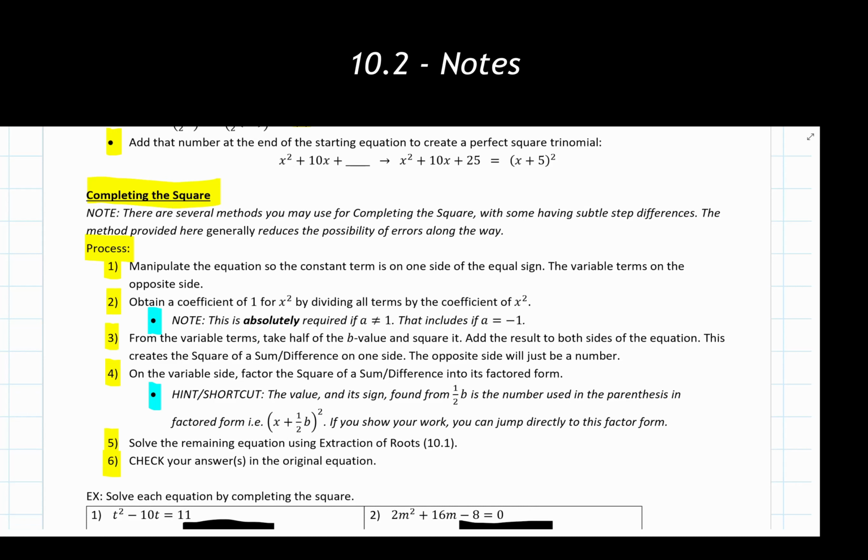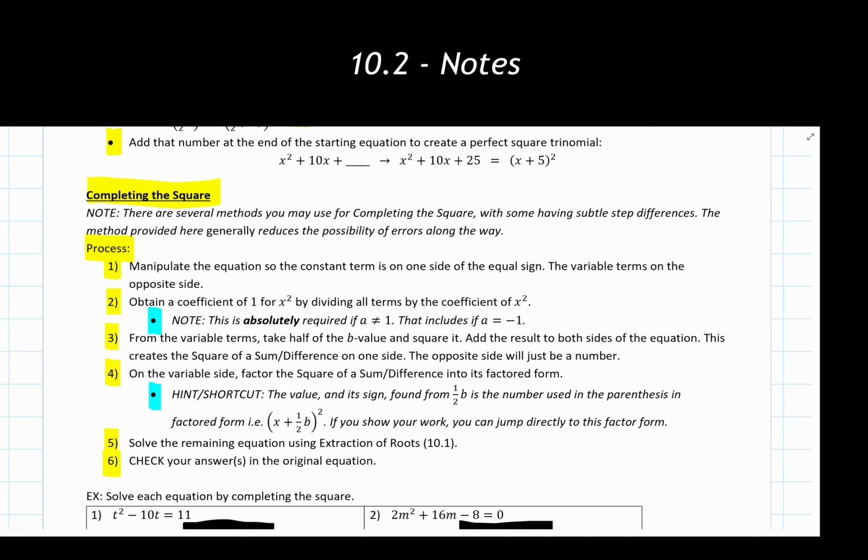So the one that I am providing here, I think, generally reduces the possibilities of errors along the way. There are other methods, again, that will work, but I think there are some pitfalls that show up that I see are very common for students and people that are learning this process. And I think this one that we're going to go through here helps eliminate that from happening. If you want to use one of those other methods to solve some of these problems or other problems, you could use that, but that would be a different video you would need to find on YouTube or Khan Academy or something like that.